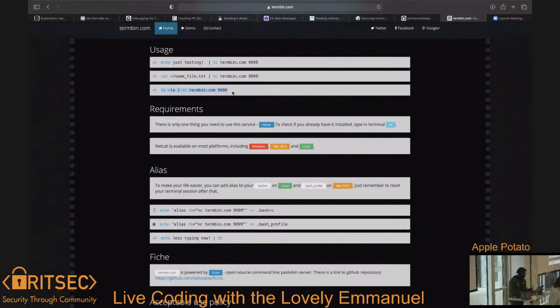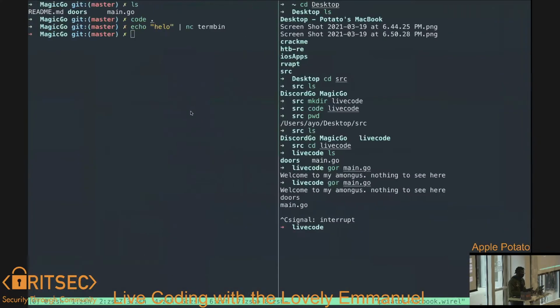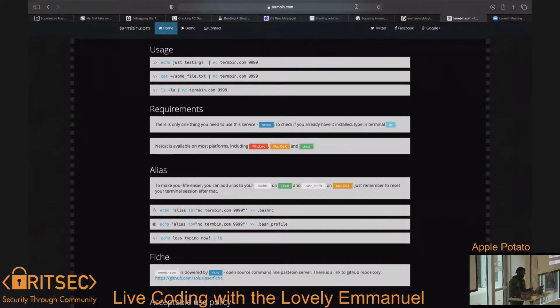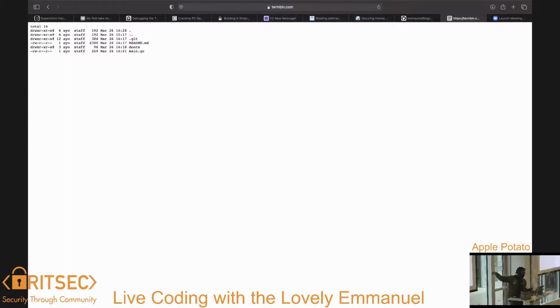Okay, so let's say I want to share my current directory with someone else. You can just do ls -la and pipe that into the web server at 999, and it gives you a beautiful URL. So if you go there, oh by the way, I found this cool thing. I don't have to copy and paste. I just have to do this, and it copies. And if you go there, it shows you what I have.